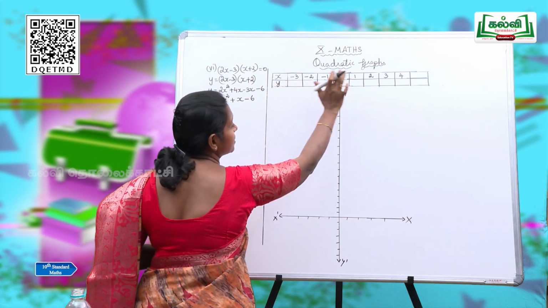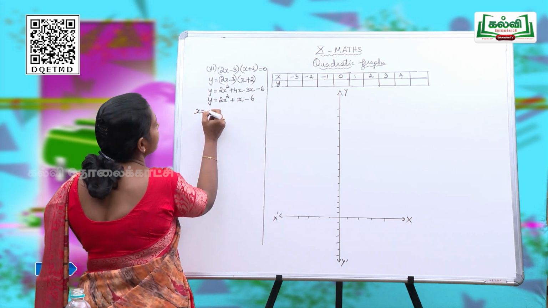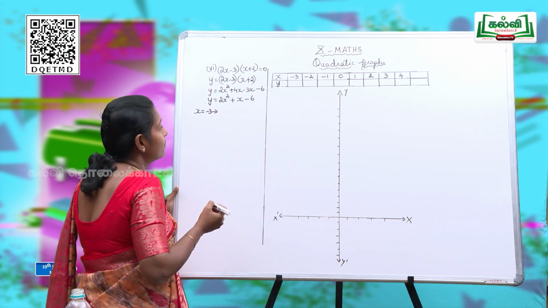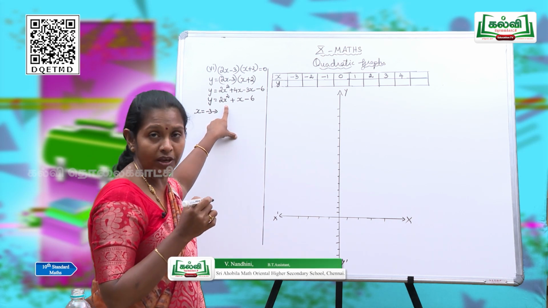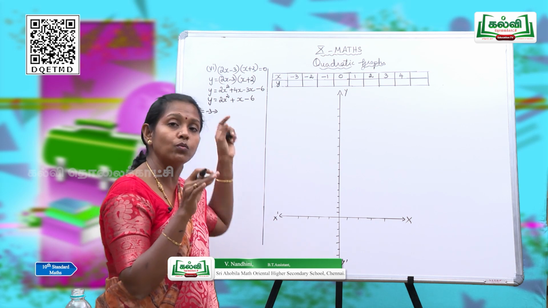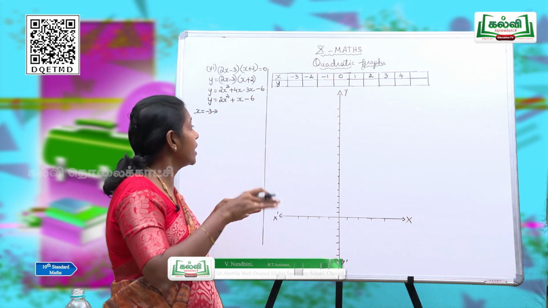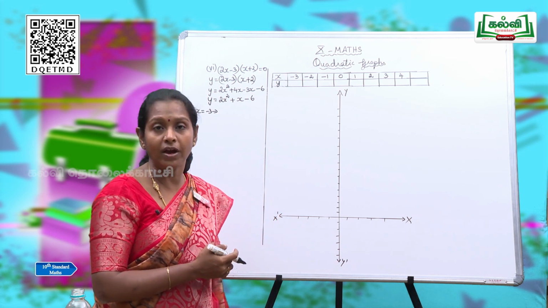So we are going to apply the values of x, and we will get the answer for y. So as usual, from minus 3 to 4. First you have to apply the x value as minus 3. It is a little different because the coefficient of x squared is 2. So you should be very careful when you multiply. You are not supposed to take only x squared. That x squared value should be multiplied with 2. Then you have to find the final answer.